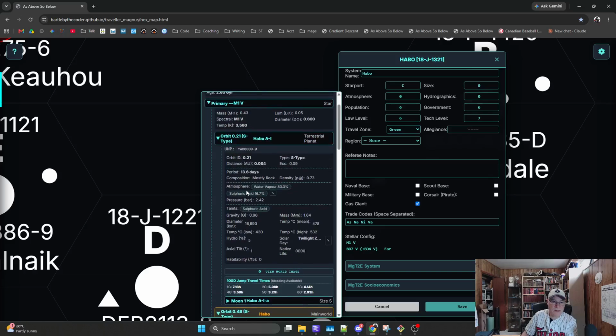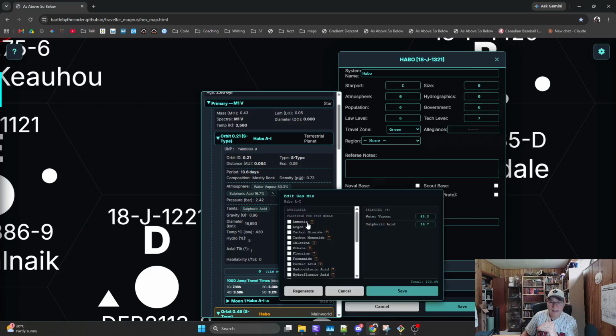And one other change in here now is anything that we can't edit in the system editor. So the orbit ID and the distance were done in the system editor, but these other things now can be edited here, and that now finally includes the atmosphere. Atmosphere was something you were just stuck with in the previous version, but I can click here and add anything I want to the atmosphere,